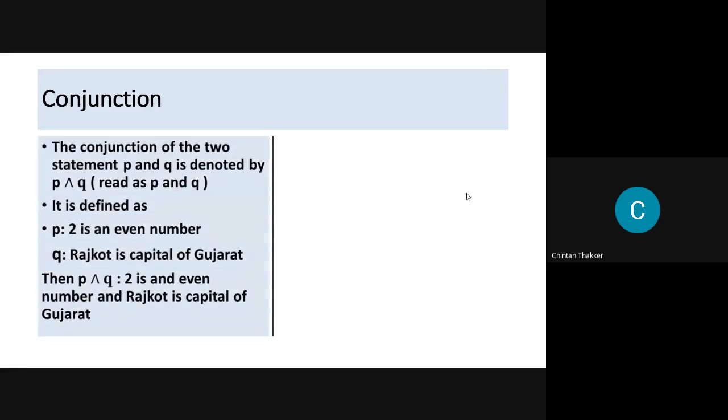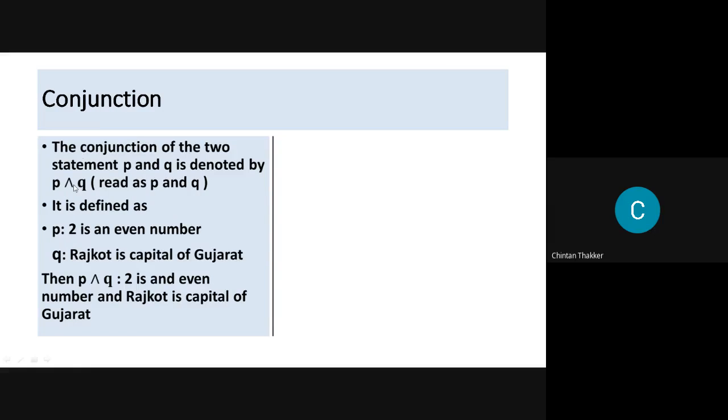That conjunction is denoted by this symbol, the rotated V. This symbol is also used in calculators and some programming languages for power, though when used for power it is a little bit smaller than this one.